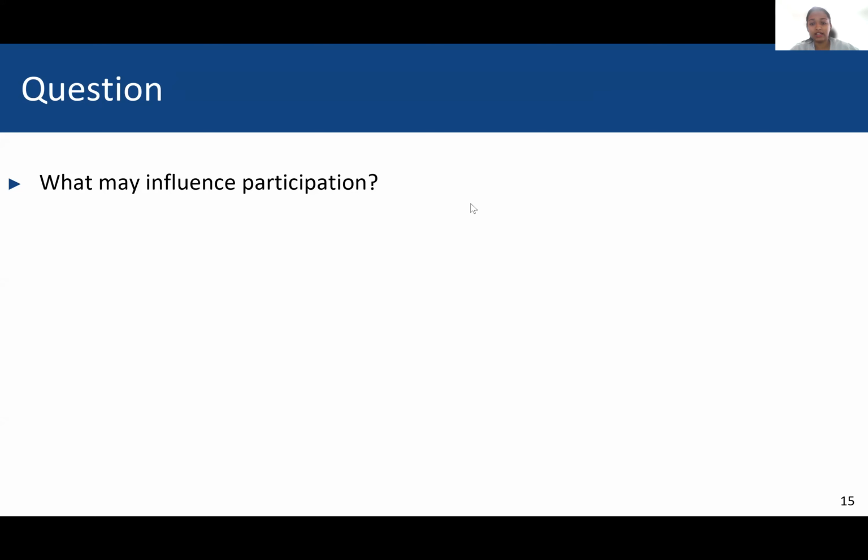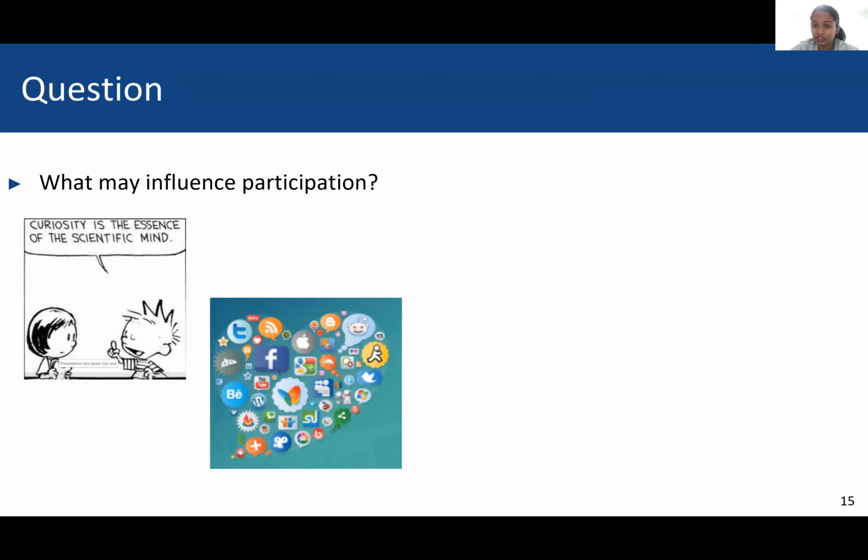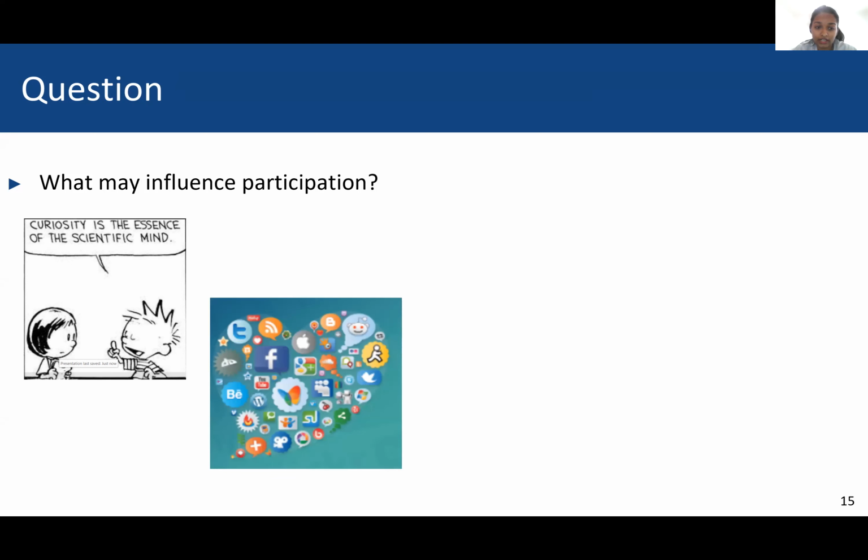So we also came up with some factors that could influence. One of them is curiosity, which I believe should be the most important one, but it is given less importance. The other could be the use of social media as an intervention tool here. Considering more than 90% of adolescents use social media on a regular basis, this would have been interesting. Also, social media is not frequently used as an intervention. So this could be something new that participants or their parents might have been interested in seeing, to find out what this intervention does.